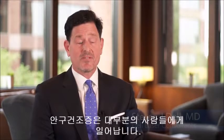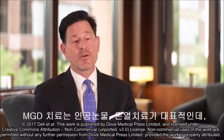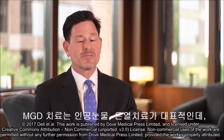Dry eye disease itself is quite common, and the percentage of dry eye that is due to meibomian gland dysfunction ranges anywhere from 5 to 20%. It causes quite a bit of impact to our patients' lives. The current standard of care for meibomian gland disease involves the use of artificial tears and warm compresses, but these